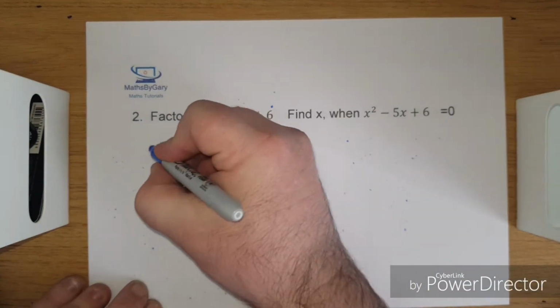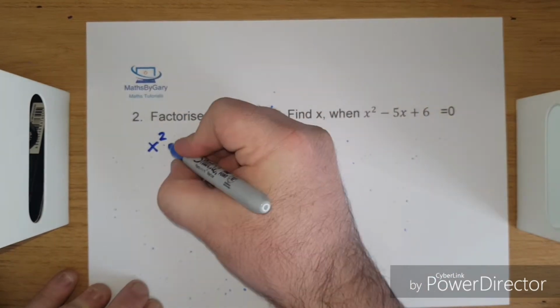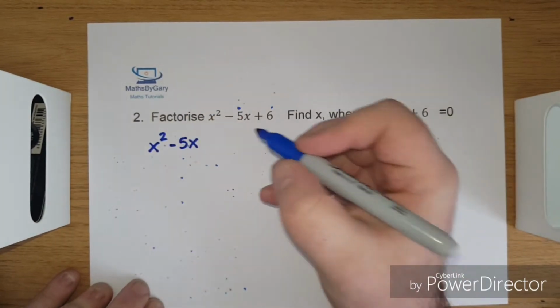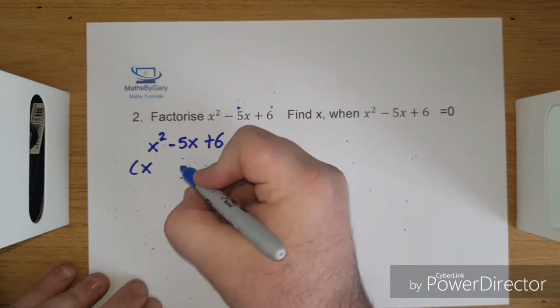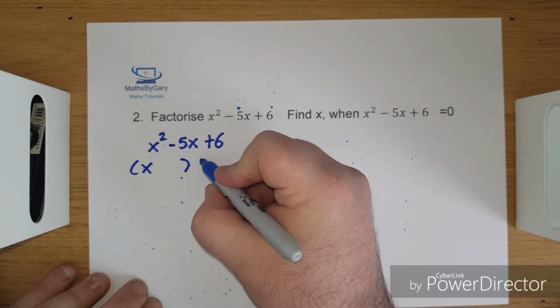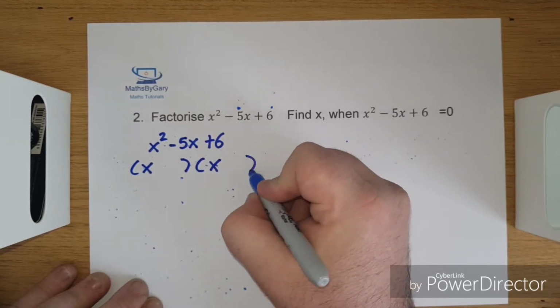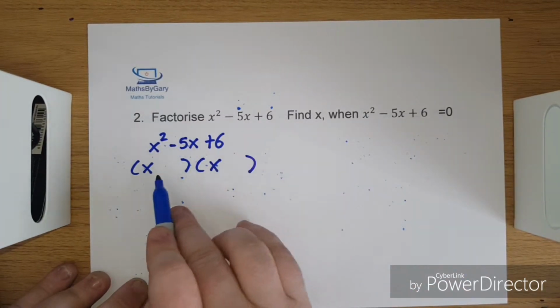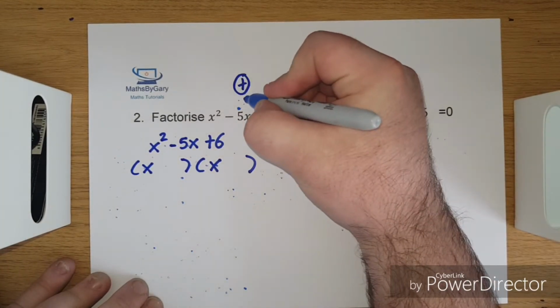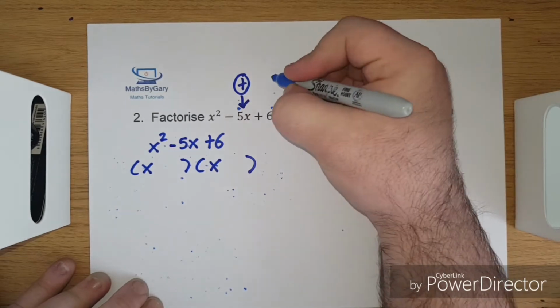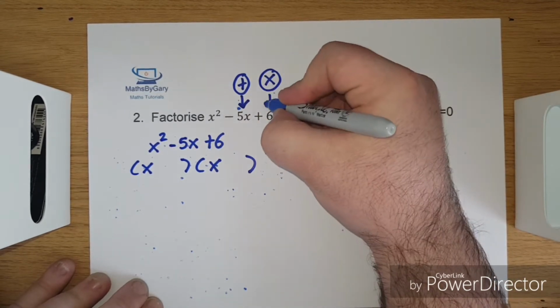So factorise x squared minus 5x plus 6. So the first thing we do is we know it's going to be (x )(x ), open and close the brackets, multiplied by open and close the brackets, and we need to find out this bit here. So we want to find two numbers that when added together will give minus 5, but when multiplied together will